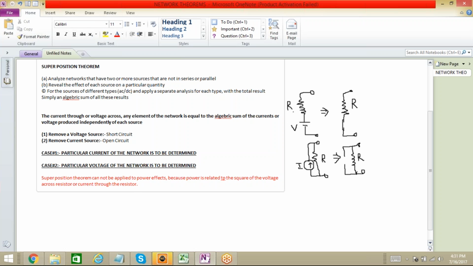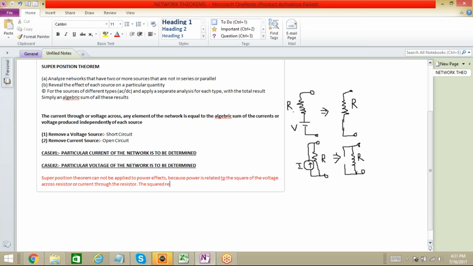It should not be applied in terms of power because, as you know, power is equal to I squared R, similarly V squared upon R. So remember that, the squared term over here